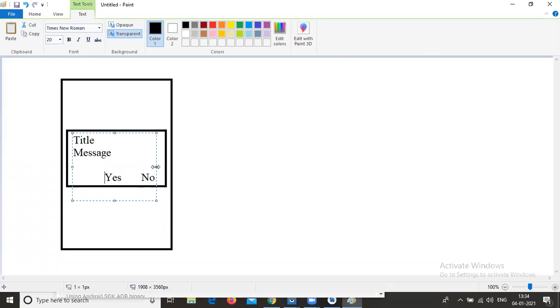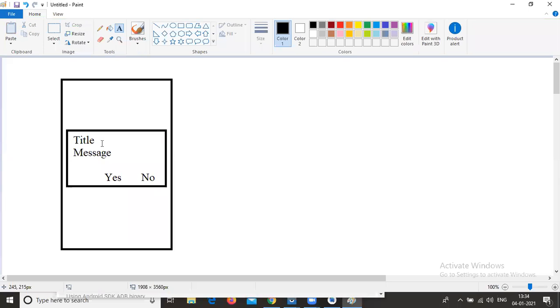If you are in a game, the title is your project title, based on your project requirement, but the message is common in each and every dialog: you want to exit the game, or you want to exit the app.